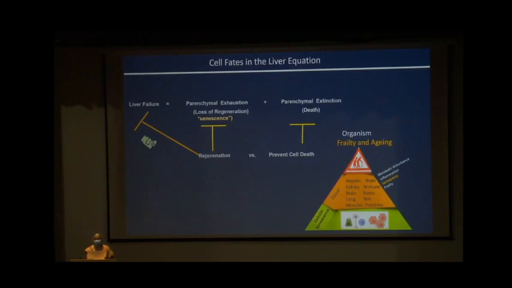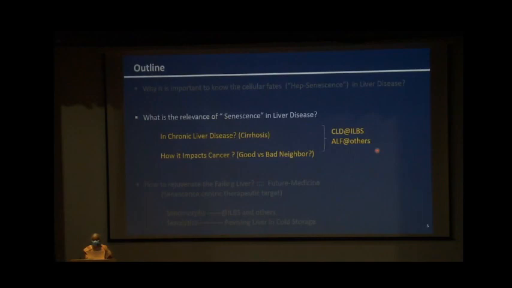So at the level of the cell, you will call it cellular senescence. You will not call it cell aging; the better word is senescence. At the organism level, it is frailty and aging. So hence there is again a connection, because the aging population is also much more vulnerable to cancer. So now we come to the discussion on why it is relevant to understand senescence in liver